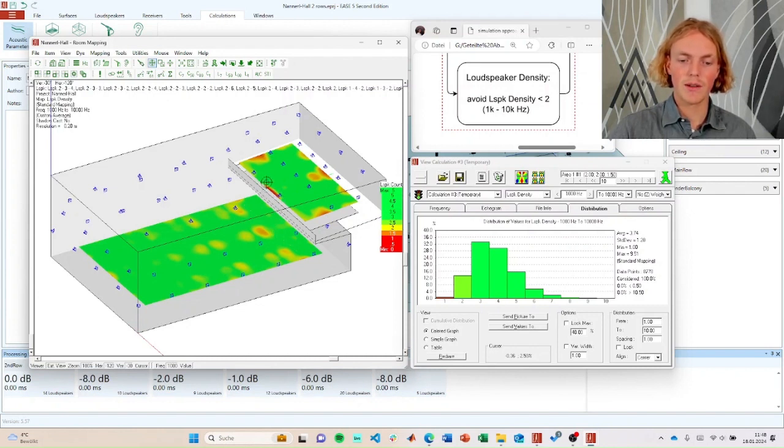Up here on the balcony, this little red area indicates that this loudspeaker might be a little too loud for this area here in front, but that's such a small area, and I think that needs to be handled in the tuning process. And also up here on the balcony, the density seems to be pretty good. So with these results in hand, I would say we don't need to consider any changes in the process of planning the loudspeaker layout.